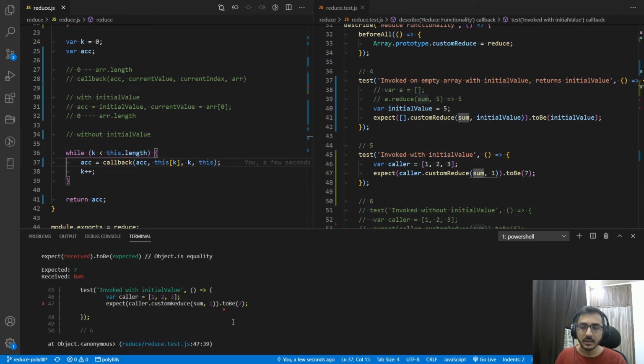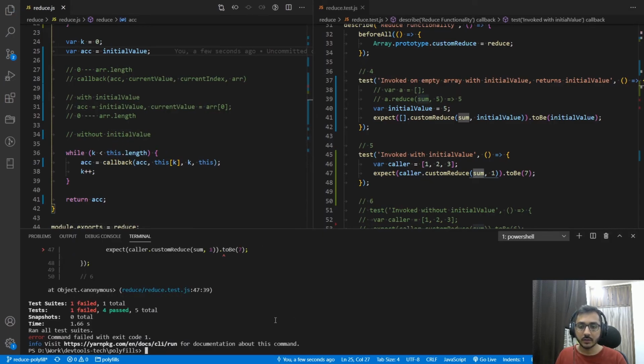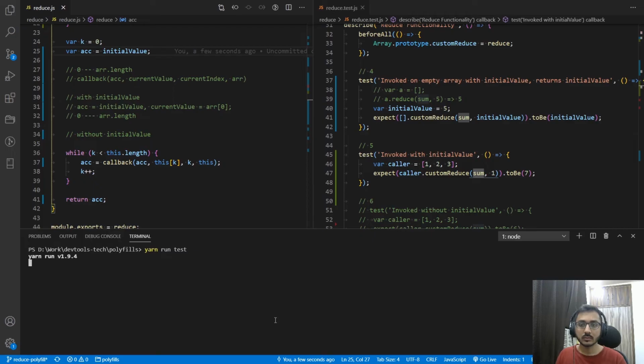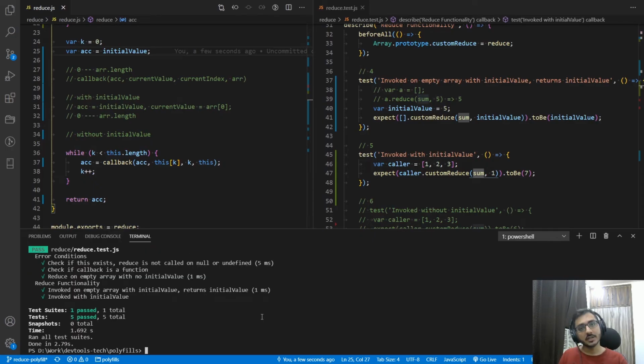This is NaN. Let's see why it's happening. Okay, again the same problem. Why is it happening? Can you guess it? Because, like we mentioned, the accumulator gets the initial value, but we are not seeding it. We are not seeding the initial value. And if we do that now and run it, the test case passes.